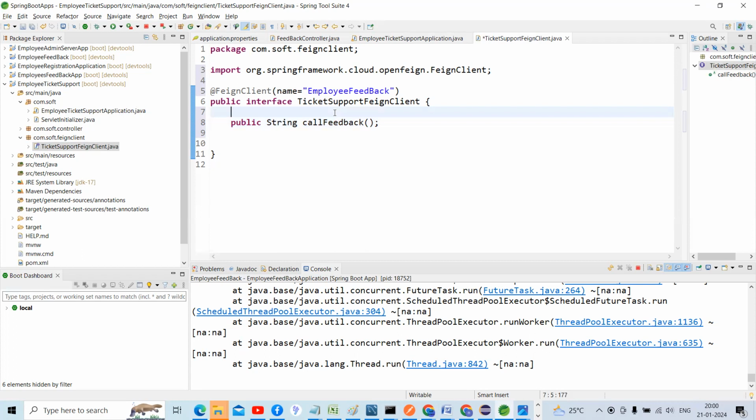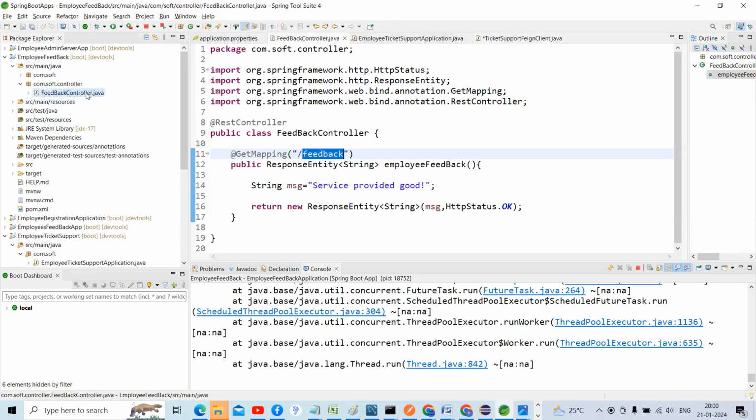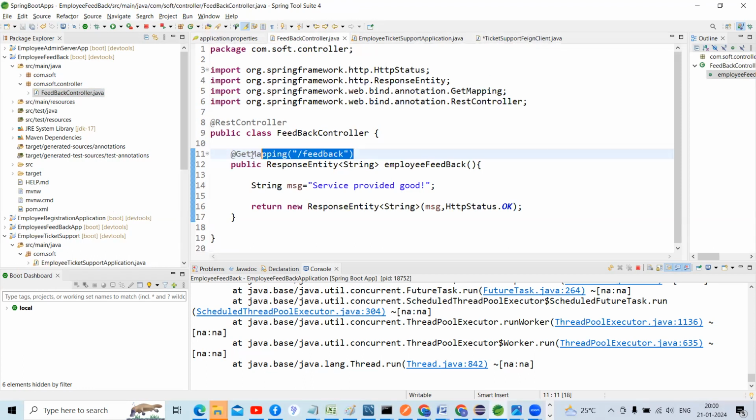So what should I do? Which application am I going to call? Inside that employee feedback, I'm going to communicate by calling that feedback API, right, guys? Go to that employee feedback. This is the URL we need to give here, right? We need to give that URL here, guys. This is the URL I'm going to copy it. So what should I do? I need to take this copied URL here